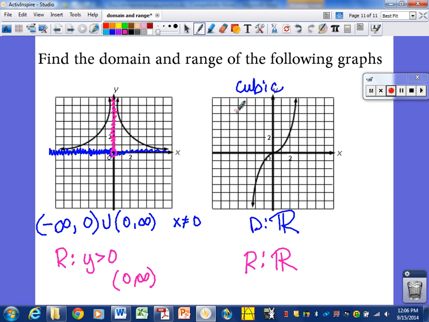Okay, so we're going to do some equations and we're going to do some graphs, and you're going to write their domains and their ranges. Okay. Usually the inequalities are left for equations, and the interval notation for